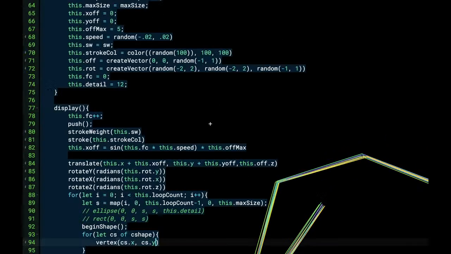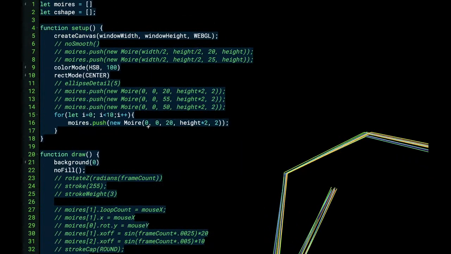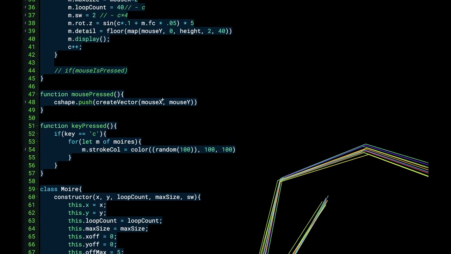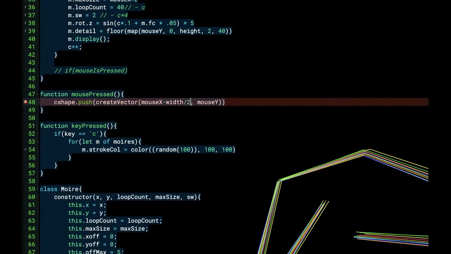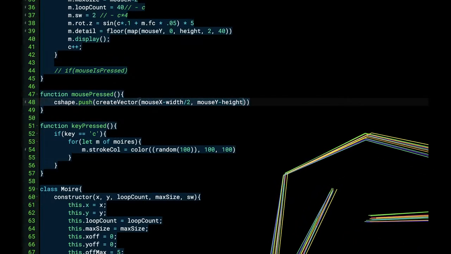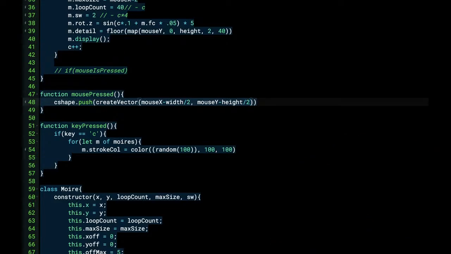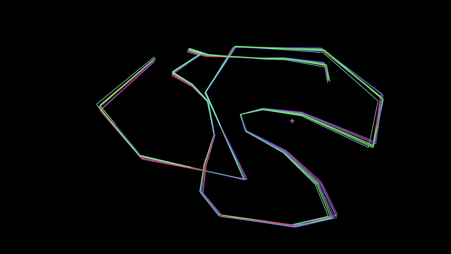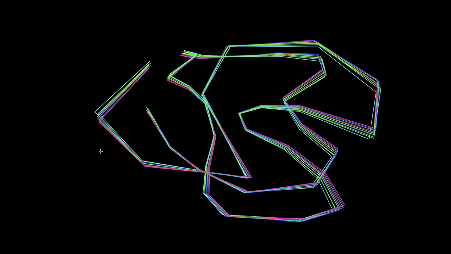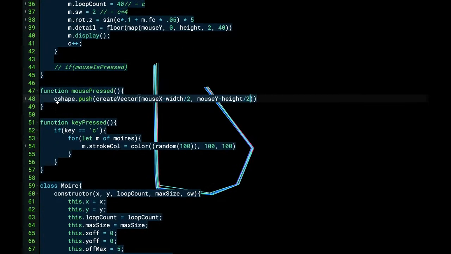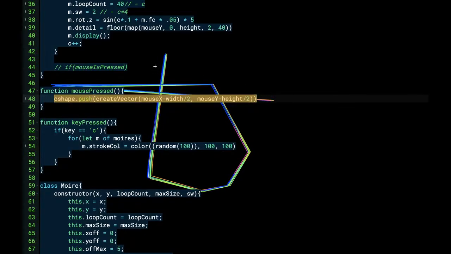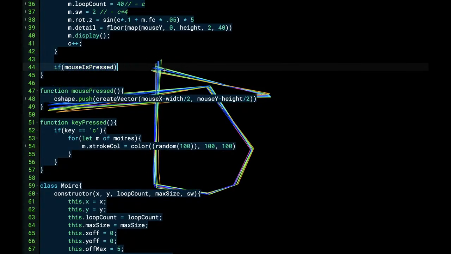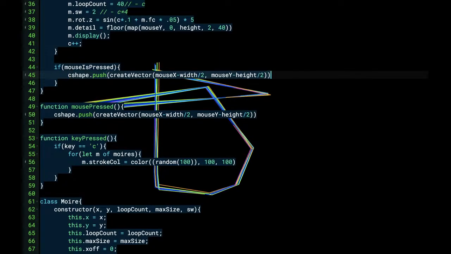All right, so it's working, but the coordinate system is off because we're in WebGL mode. So I just have to say minus width divided by 2, minus height divided by 2. Whoops, divided by 2. Click, click, click. Yeah, and this might be nice to actually draw these things out. So what I'm going to do is turn this back on. If I press my mouse, do this,